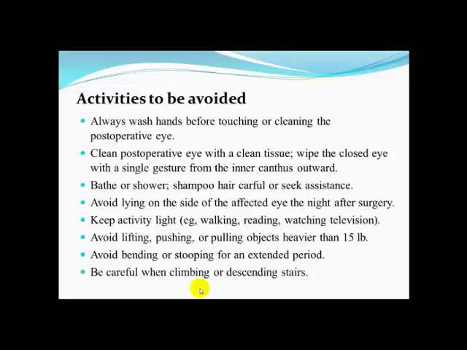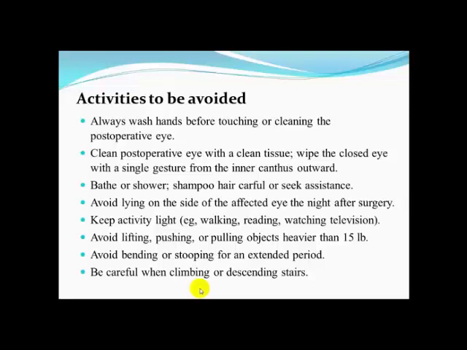Bath or shower. Shampoo hair carefully or seek assistance. أثناء الاستحمام باستخدام الشامبو قدر الإمكان إما be careful بحذر أو with assistance. Avoid lying on the side of the affected eye the night after surgery. إنه تتجنب النوم على الجهة اللي بيها العملية، إما تكون الوضعية على الظهر أو بالجانب اللي ما بيه تداخل جراحي. Keep activity light. Walking, reading, watching television. قدر الإمكان إنه نحافظ على اللايت اكتيفيتي، النشاطات الخفيفة، إنه قلة استخدام الموبايل بالإضافة قلة القراءة حتى لا نسبب لود